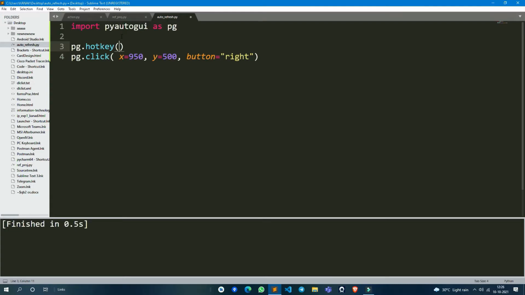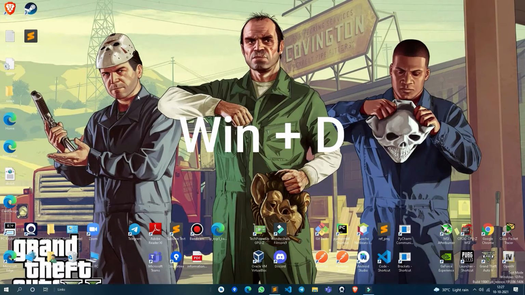We are providing two keys in combination, Windows key and D. You know what Windows key plus D does. When we press Windows key and D, this will minimize everything, like my code editor will minimize. You can see, I'm opening the browser.